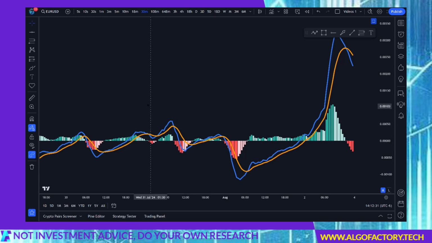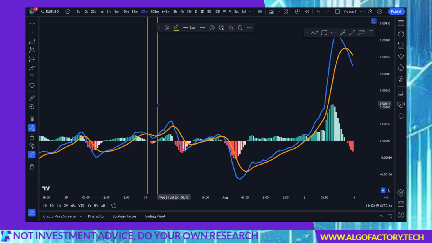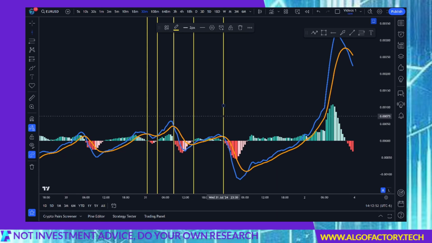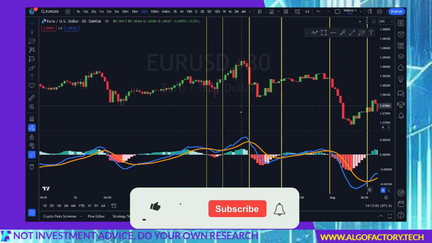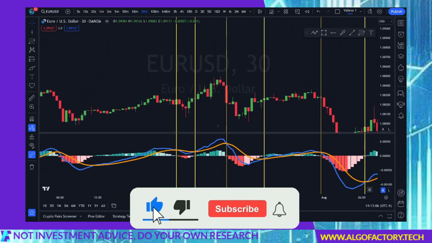We can actually use those crosses to talk about when to trade, right? In this case, if the blue crosses below the orange, then this can be a time to look at possibly going short, right? And if the blue crosses above the orange, we can look at this as a possible time to go long. So here's a short, here's a long, here's a short, here's a long. Let's see what that looks like on the chart just with these examples. So if I stretch this out a bit here and we see that there is a short opportunity right here,